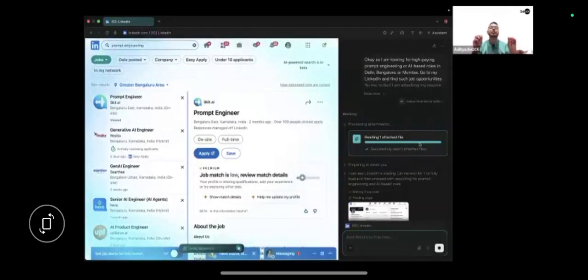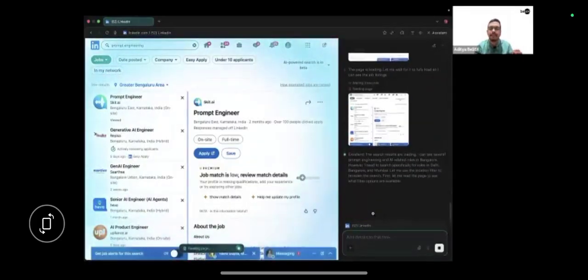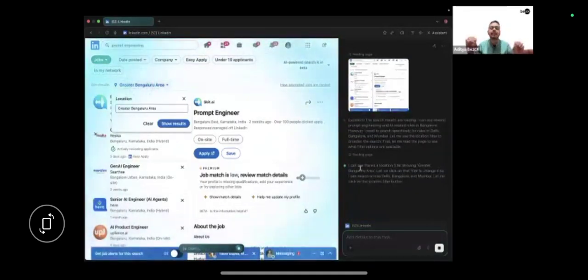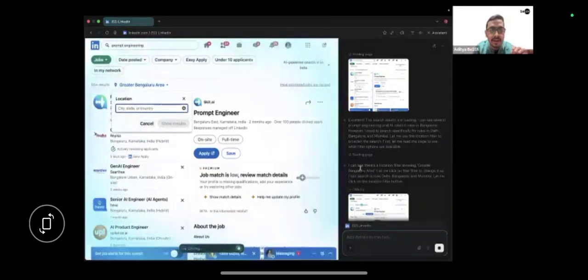Now it will be doing the shortlisting, and you can see everything which is happening. It is being recorded over here. Whatever action it is taking, you can see it is recording all of those actions, and now it is choosing the city. Which city did I ask it to find me positions in?